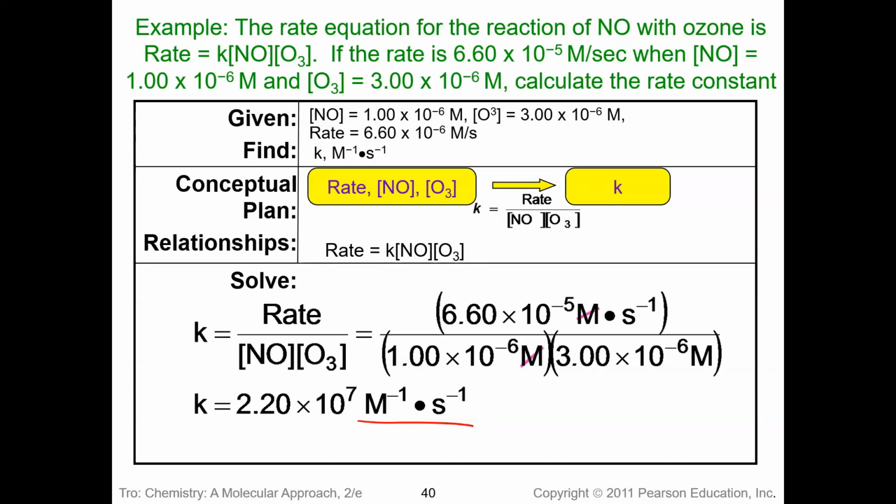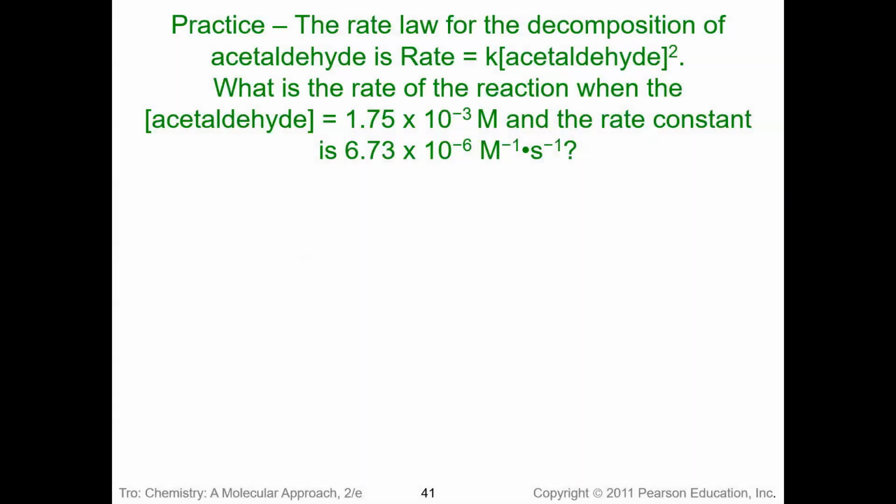All right, so let's try another one of these. Actually, I'm gonna have you try this one, but I'll help you set this up. So this one says the rate law for the decomposition of acetaldehyde is K equals acetaldehyde squared. What is the rate of the reaction when the concentration of, so when you see these little brackets right here, that means concentration